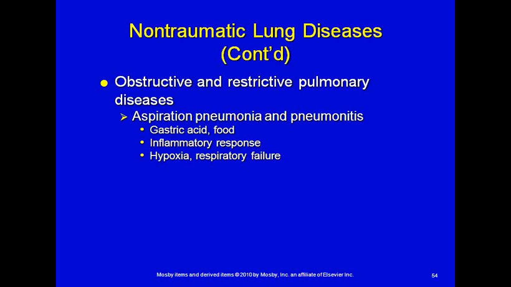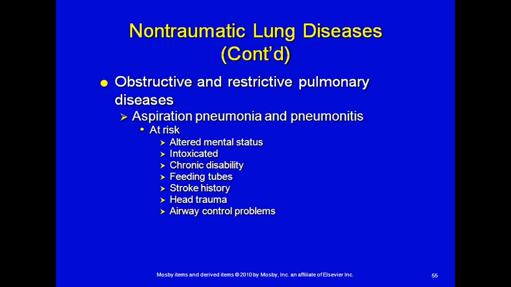Aspiration pneumonia and pneumonitis occur as a result of gastric acid or food that's aspirated. It's an acute inflammatory response. It leads quickly to hypoxia and respiratory failure. Aspiration pneumonia and pneumonitis is the primary cause of an acute lung injury, which certainly can lead to acute respiratory distress syndrome and death. Those patients at risk of aspiration pneumonia include anybody with an altered mental status, anybody who's intoxicated with a full belly,